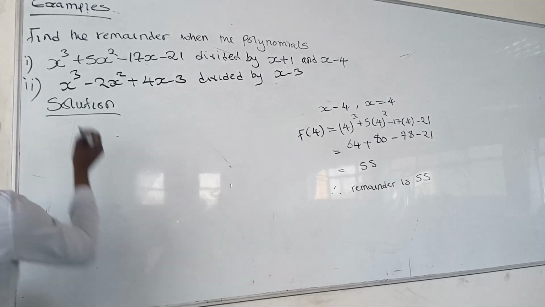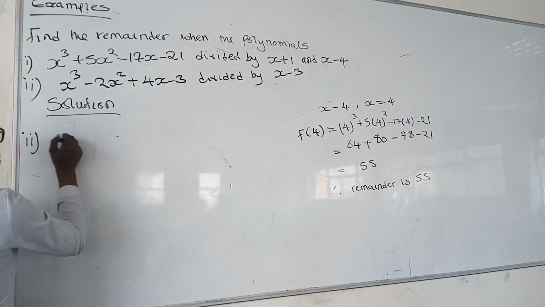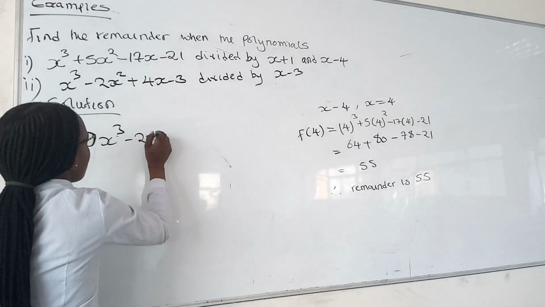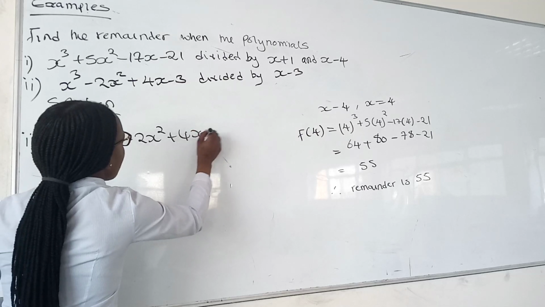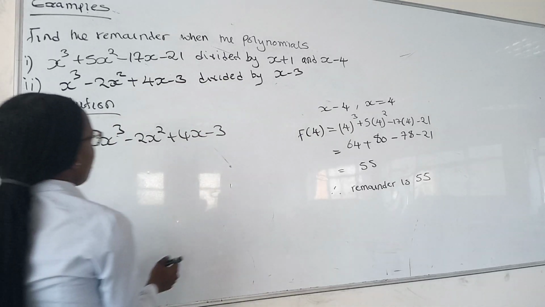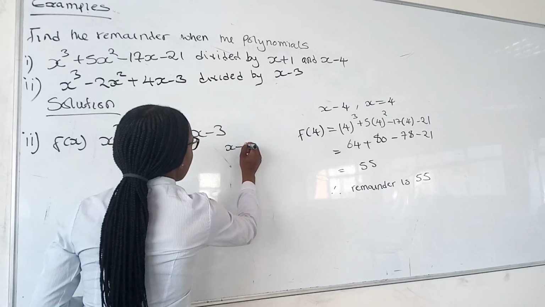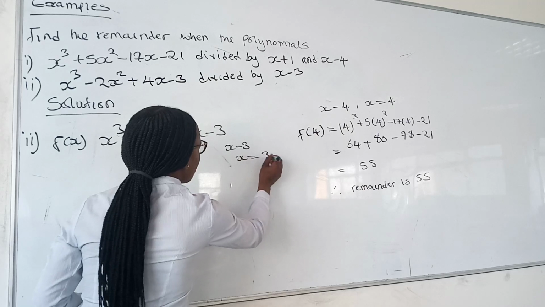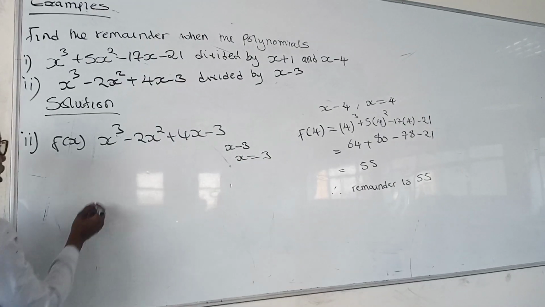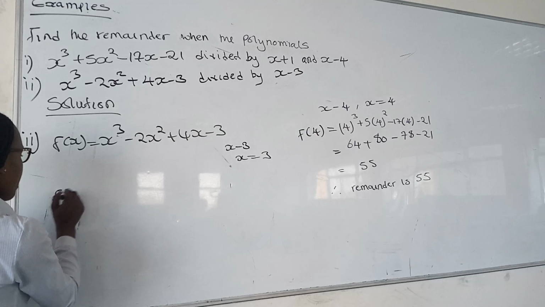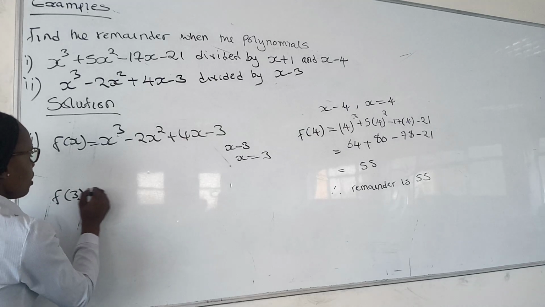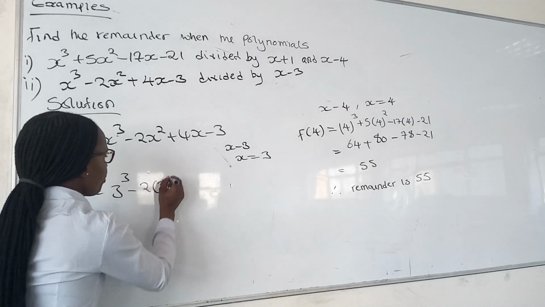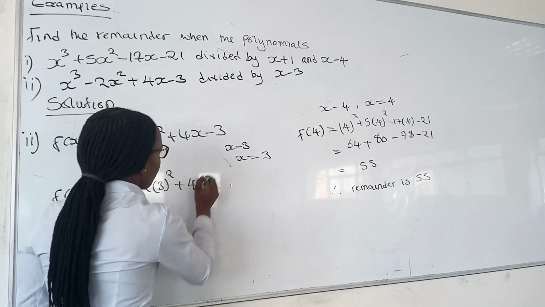Okay, perfect. So here we have f of x being equal to x to the power 3 minus 2x to the power 2 plus 4x minus 3. And we've been told x minus 3, which simply means that x is equal to 3. Perfect. So from here, it simply means that f of 3 will now be 3 raised to the power 3 minus 2 multiplied by 3 raised to the power 2 plus 4 multiplied